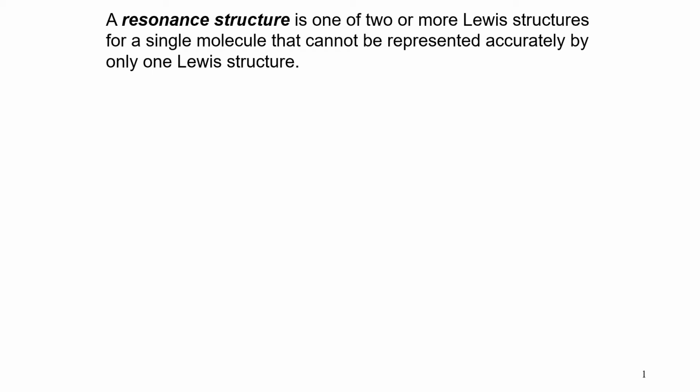They are not different kinds of molecules. They all have the same geometry, but they have different arrangements of electrons in the structure. And when you draw a resonance structure, you cannot change the position of the atoms. Only the electrons in the bonds can be moved. And we have an example here